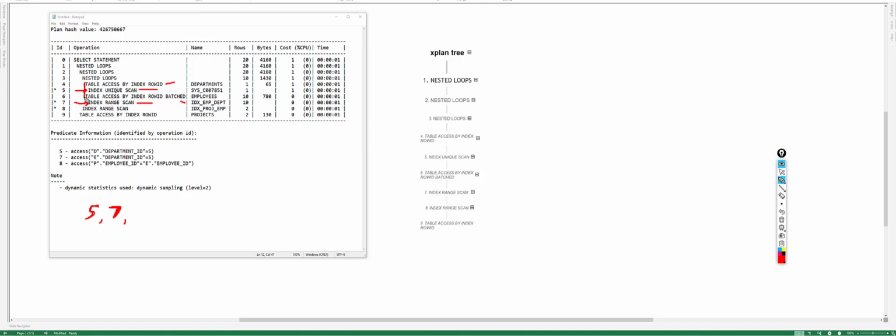Next we need to check the table access by index row ID step. 4 is the third step and 6 is the fourth step, because both are on the same indentation line, but if you go through the top down approach, then this step will execute first and followed by step 6. Okay,